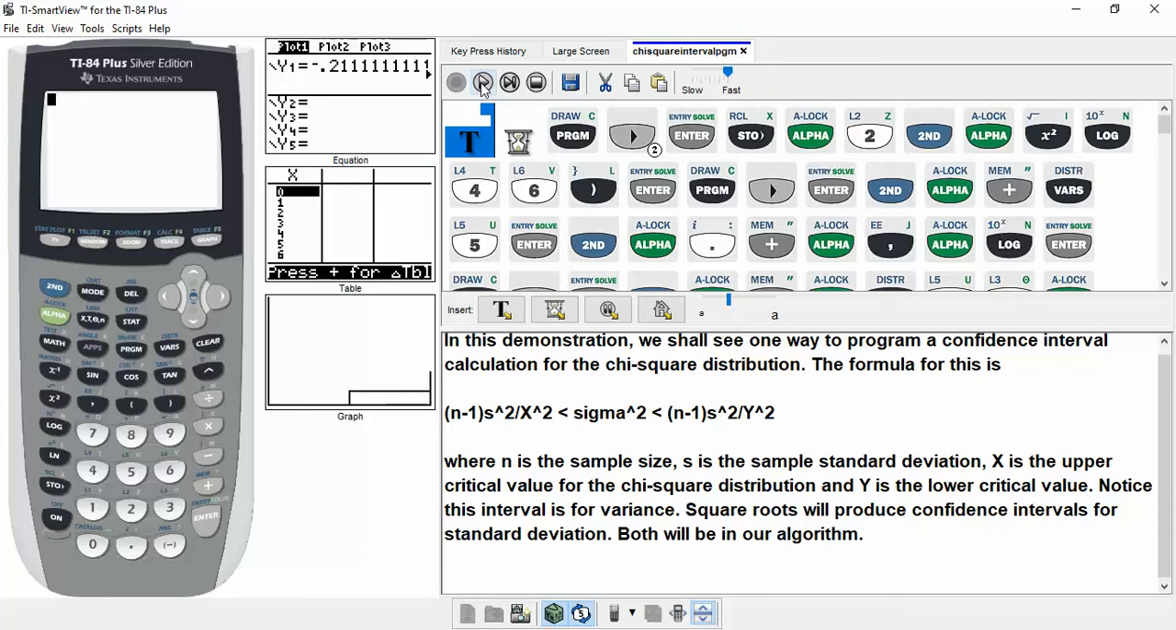So the first thing we're going to do is go to Program, go over to New, and type in a name. I'll call this x2, go back to the alpha lock, and type in INTVL for interval. As soon as I get this name in, I'll hit Enter, go to Program, go to I/O for input, and then I'm going to ask the user to input in